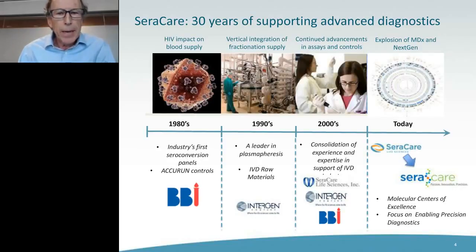The company started back in the 1980s during the AIDS crisis, using serial conversion panels to help IVD manufacturers develop highly sensitive and specific assays for HIV diagnostics. The company moved into other forms of diagnostics, including process materials and other controls that would be used to validate and develop assays, and then moved, as technology platforms changed, into qPCR methods,